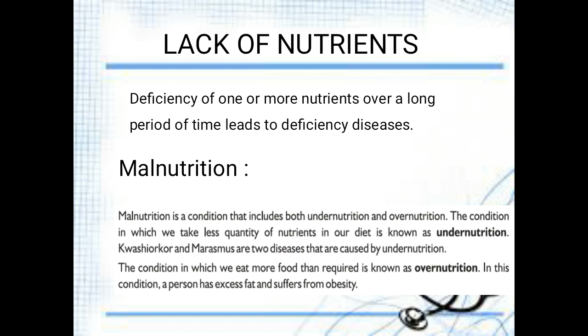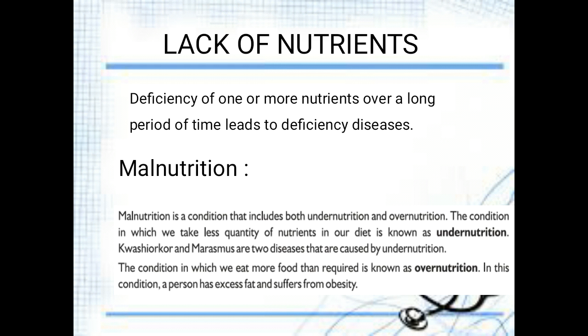So next one is lack of nutrients. Nutrients are the vitamins and proteins present in the food that are needed by the body to do its work. So what are the nutrients? The nutrients are proteins, vitamins, minerals, iodine, carbohydrate, and fat. These are the nutrients that are available in our food, right? So whenever the proportion of these nutrients is lower, that might also cause diseases. That situation is called lack of nutrients, right?